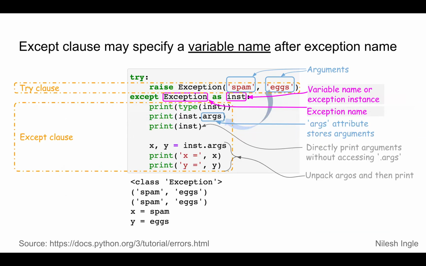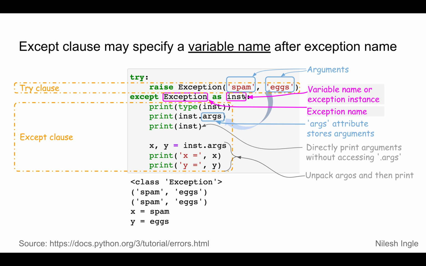As we saw, in the try except blocks, in the except clause in this particular statement, we specify the name of the exception, and additionally we can also use an alias or a variable name for that particular exception. As we see here, we have the exception as inst, so instance. We can call this a variable name or an exception instance, and then we can use